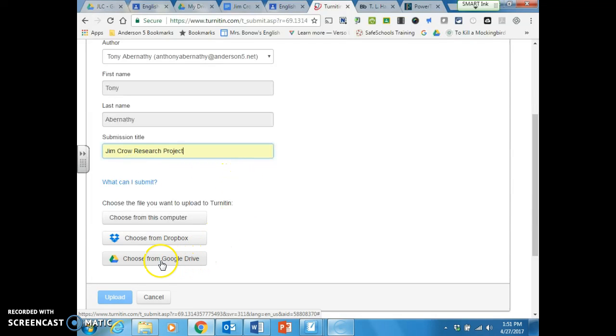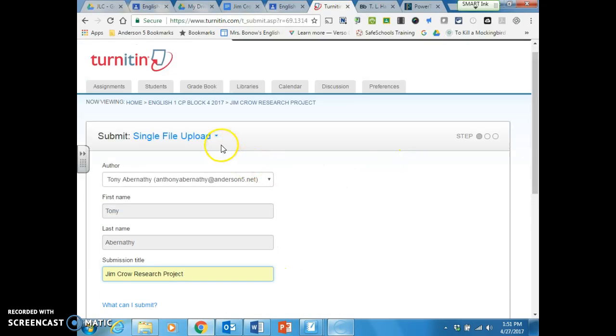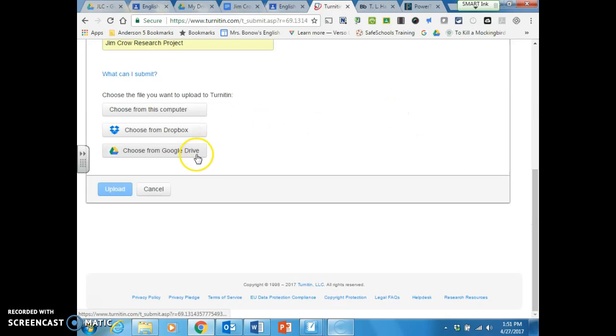Then I should click right here where it says Choose from Google Drive. Make sure that you have it saying single file upload up here at the top. Do not use the cut and paste upload. Do not use that, okay? Use the single file upload because it gives you this option down here to choose from